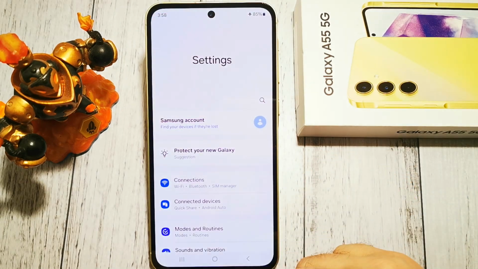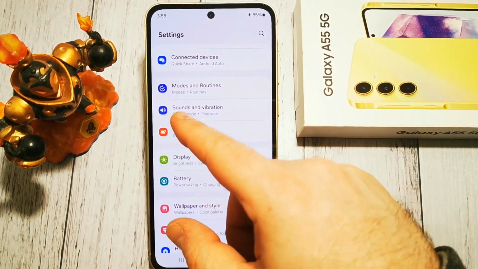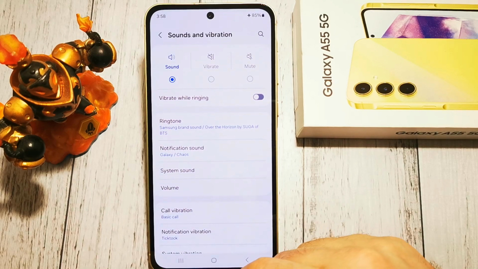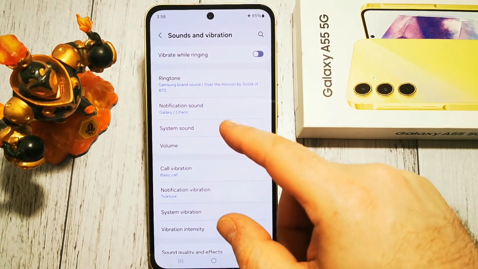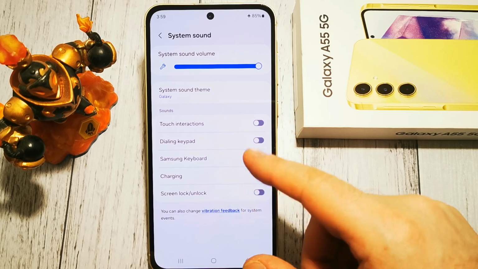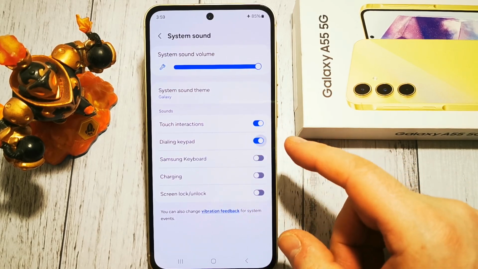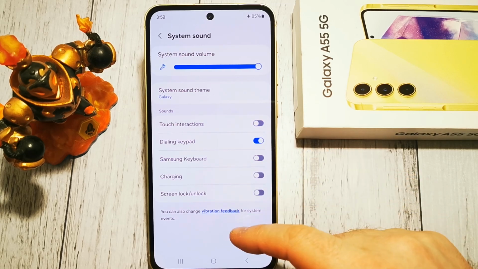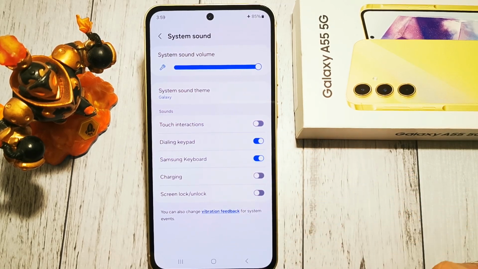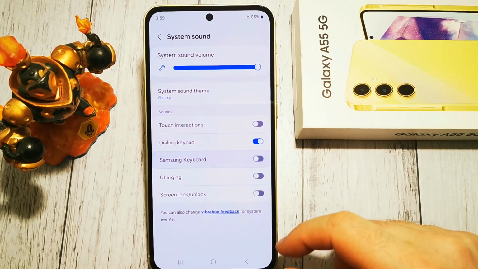We need to go to Settings. In Settings we are looking for Sounds and Vibration menu. In here, in System Sounds, we have our options. As you can see, touch interaction, dialing keypad, and system Samsung keyboard. We can turn sounds here,